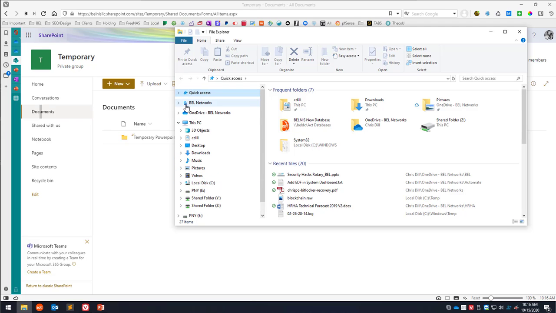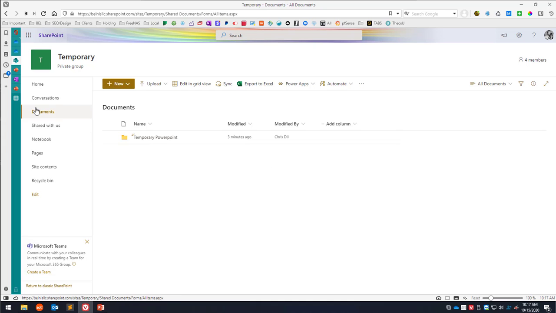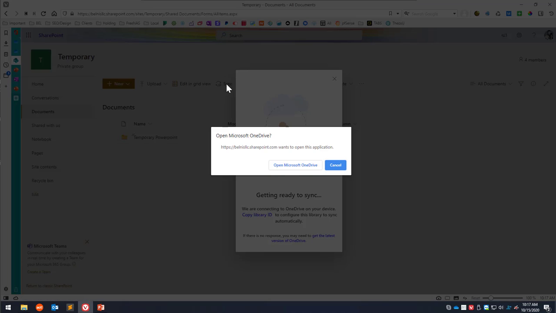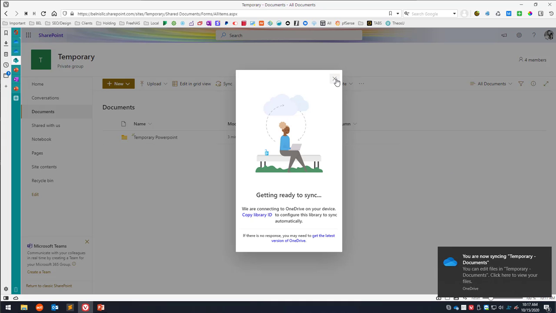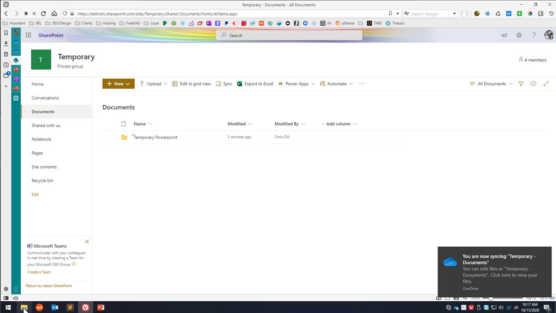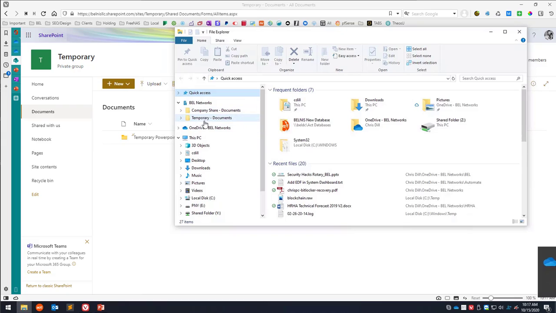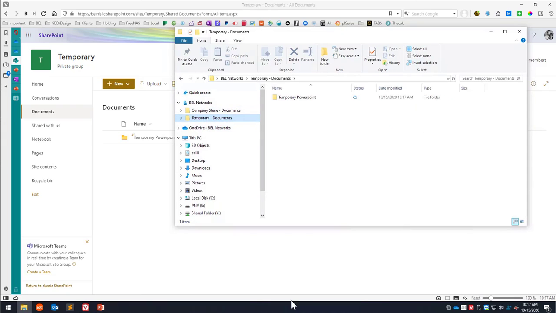There's another icon here that has a little building. This is a SharePoint synchronization. So what I do is I come to this library, I go to Documents, and I hit Sync. And it says, okay, we're going to sync this. And it opens up OneDrive, and it makes sure that you have permissions. And now, if I look back here, this temporary documents library is now synchronized to my computer, along with my